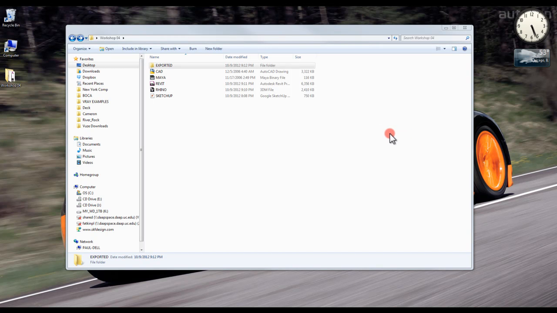Alright, today we're going to look at bringing in different models into 3ds Max. If you go to the folder that was provided, you can see there are a series of files here, basically each just named for the corresponding program that runs them. So if I go to my SketchUp file here,